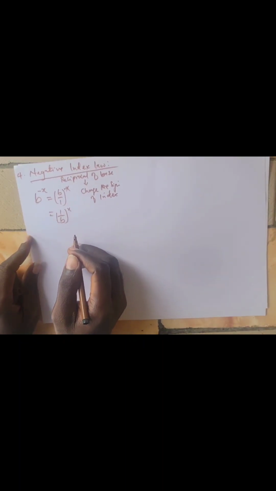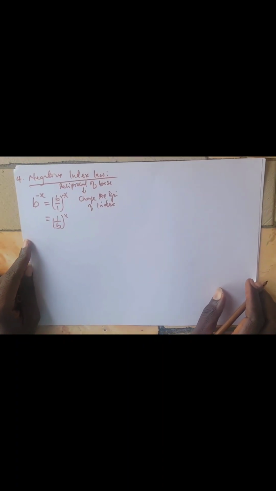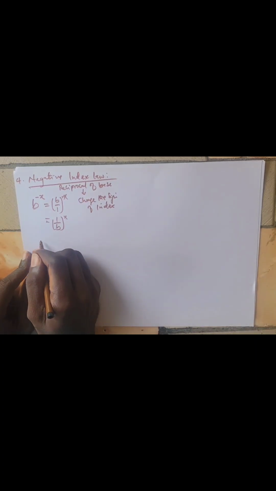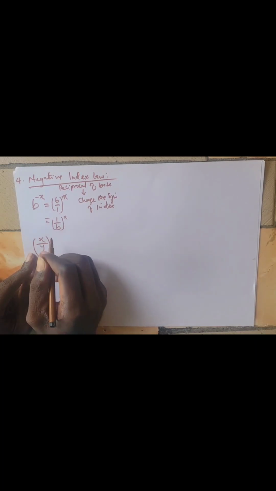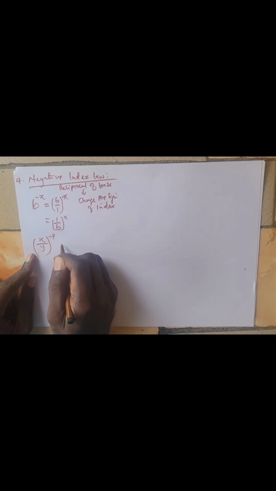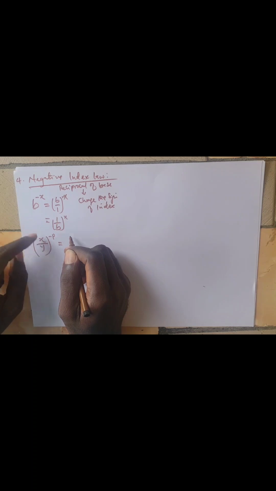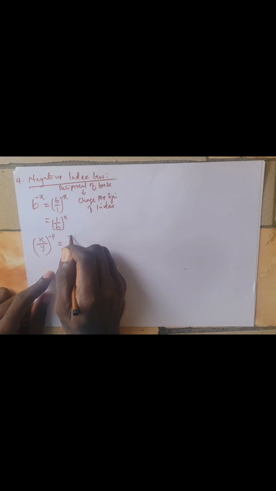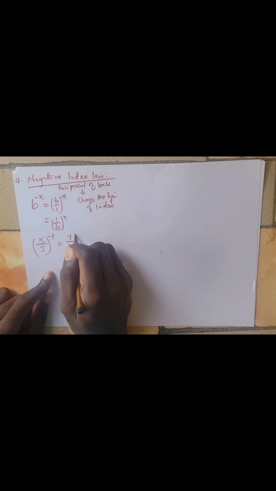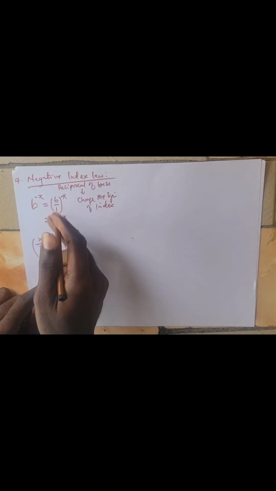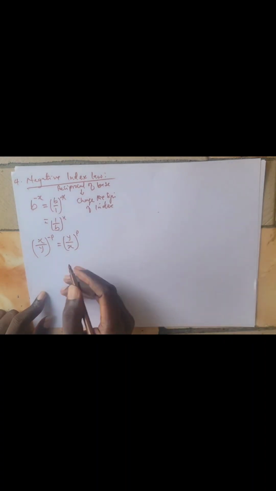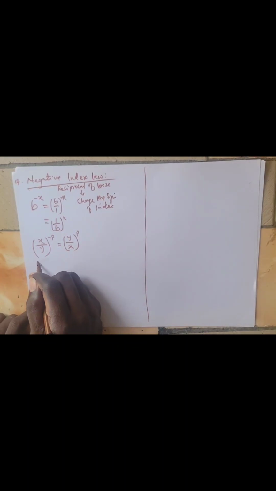It also goes this way: x over y raised to power minus p is equal to, take the inverse of this number, y over x raised to power p. That's how it goes. So that's the law. For example,